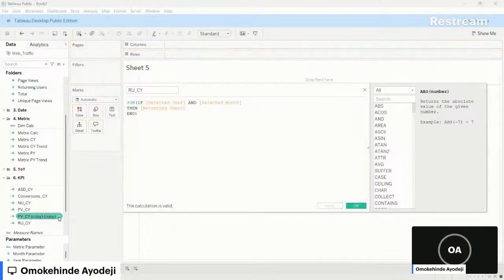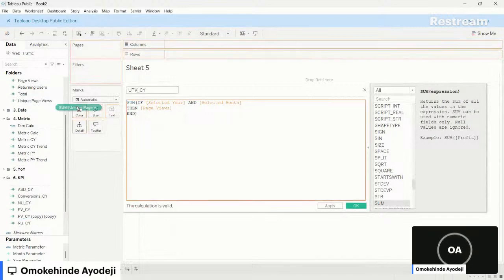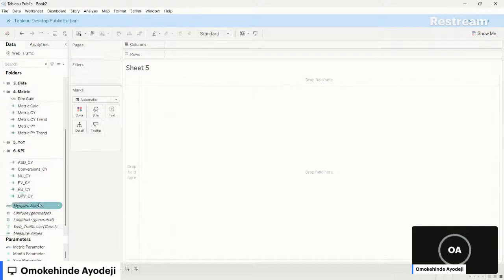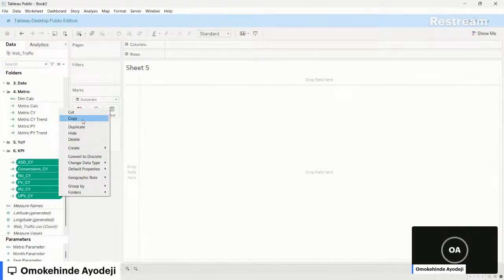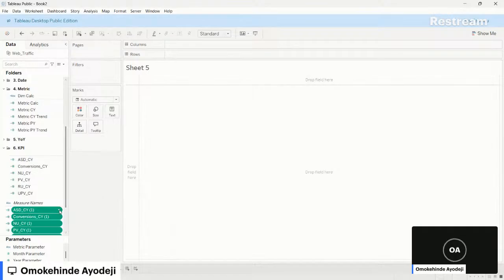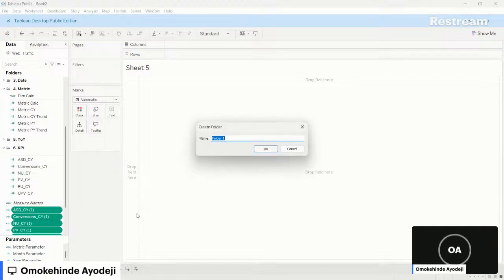It's now returning users. I'm going to click the drop down here. I'm going to click edit. I'm going to take out the copy, and I'm going to make these unique page views. Then I'm going to replace page views with unique page views. So this is what I have. I'm going to highlight everything. Click on the first one, hold my shift key, click on the last one, click the drop down, copy, come here, paste. Click the drop down, come to folders, create folders